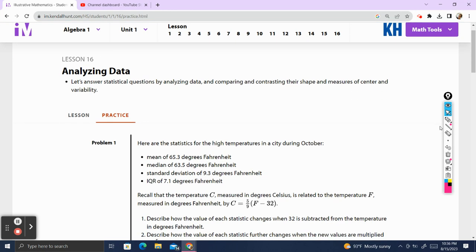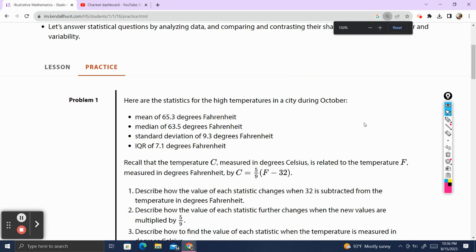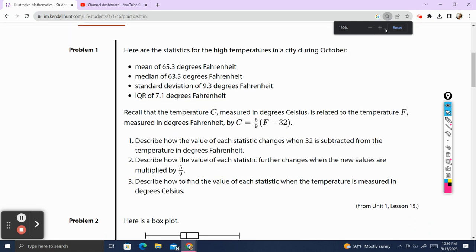Let's get started. Problem 1. Here are the statistics for high temperatures in the city during October. We have a mean of 65.3 degrees Fahrenheit, a median of 63.5, a standard deviation of 9.3 degrees, and an IQR of